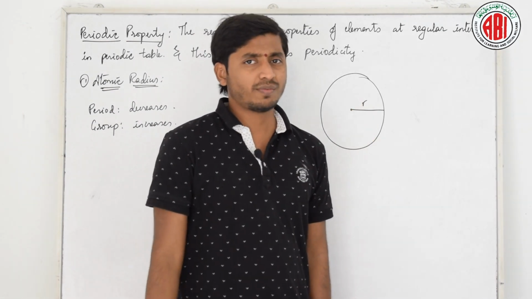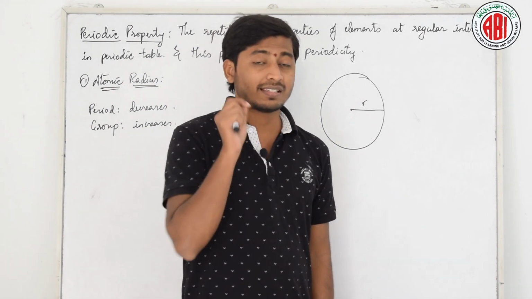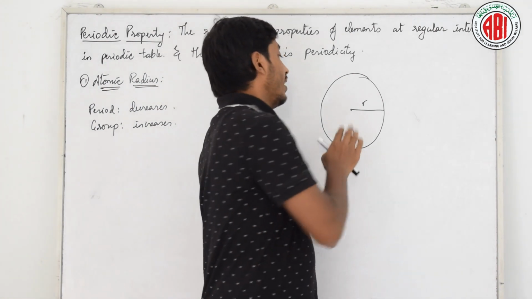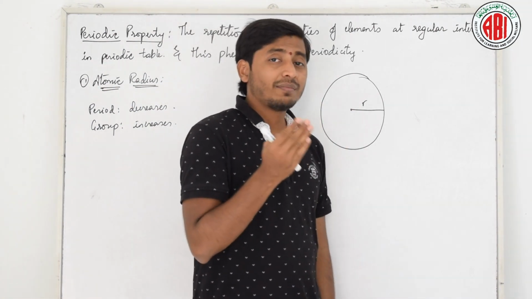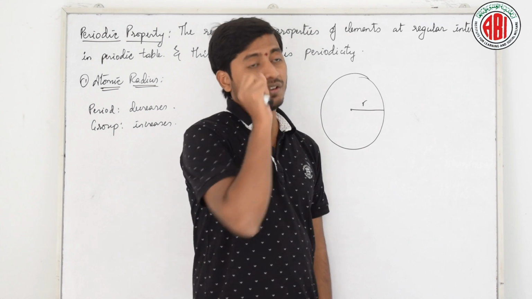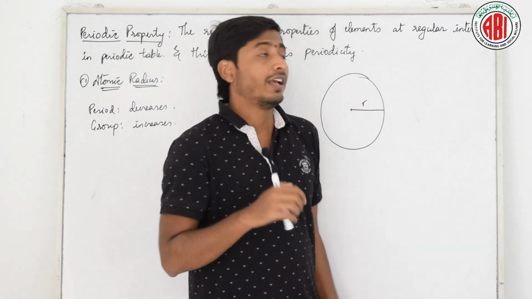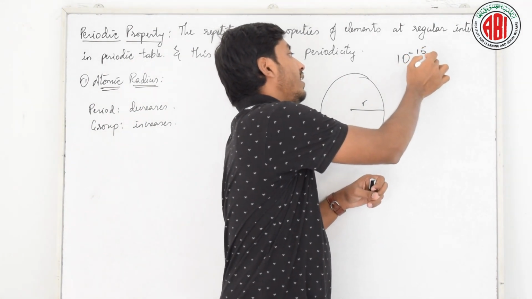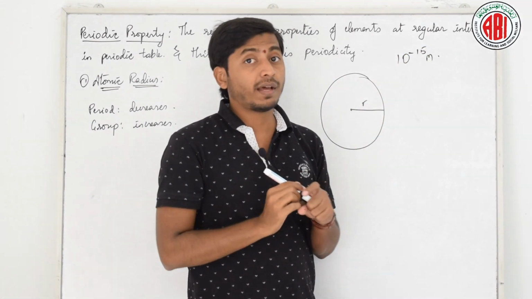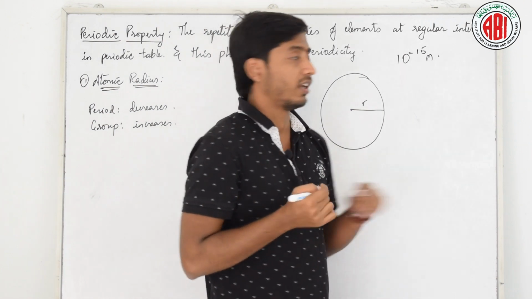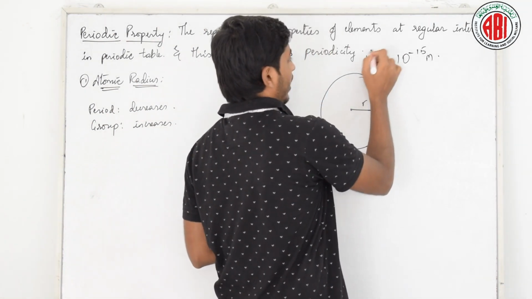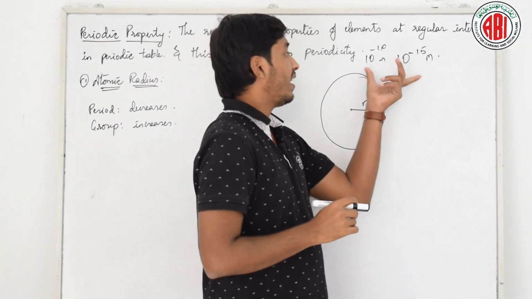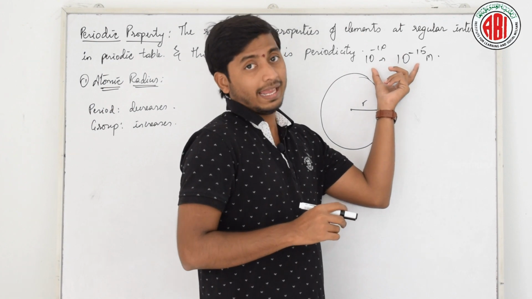Do we have any instruments to measure such a very minute substance? We don't have. We have discussed that an atom is an indivisible tiny particle, one of the smallest particles. It will be almost in the order of 10 power minus 15 meter, which is almost 1 femtometer. It might be up to 10 power minus 10 meter, that is 1 angstrom, also. It may range almost between this length.